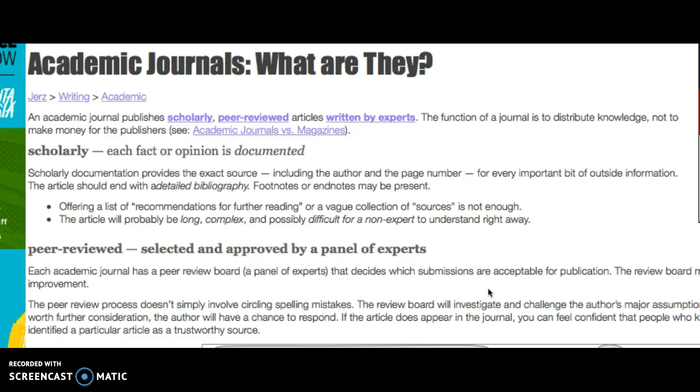So if I was trying to read entries for a journal on Herodotus, that wouldn't be a good idea because I'm not an expert on Herodotus. However, Magister Orr studied Herodotus in depth. He is much more capable of determining whether someone's opinion on Herodotus and the facts that they bring up in their paper are legitimate things. So that's why an academic journal is a good thing to use in any kind of research paper.